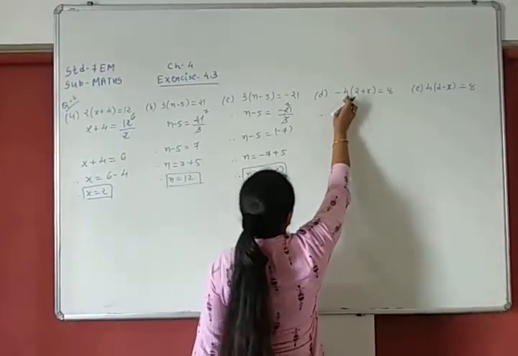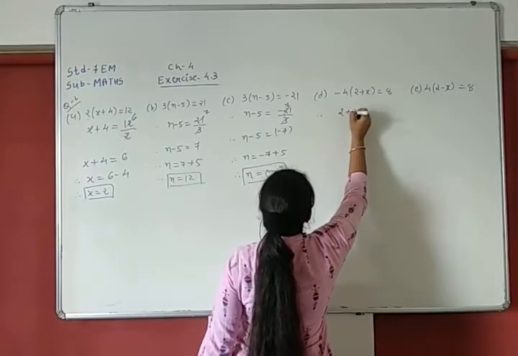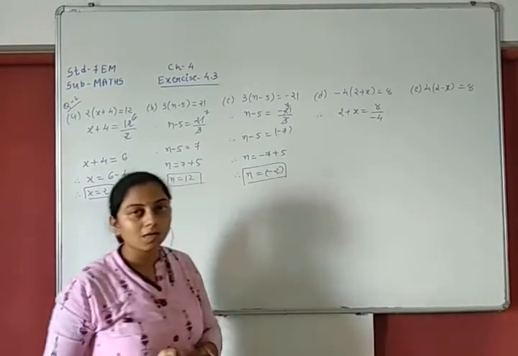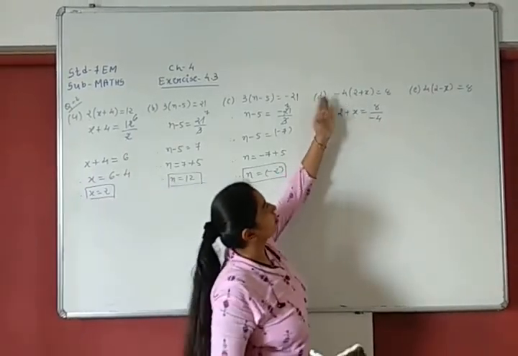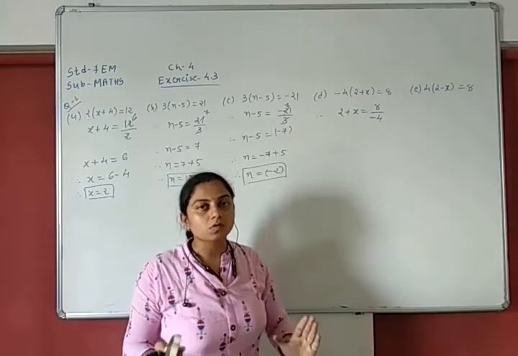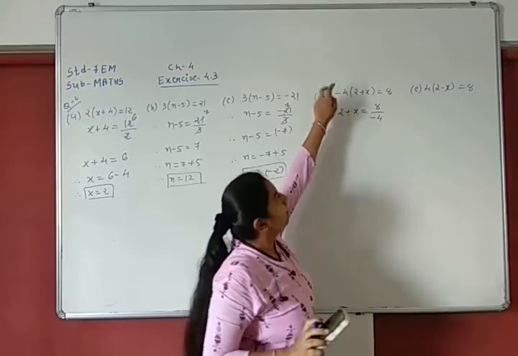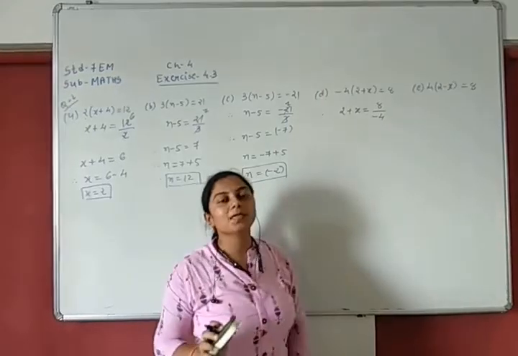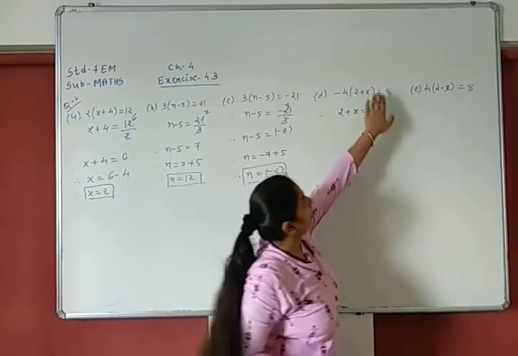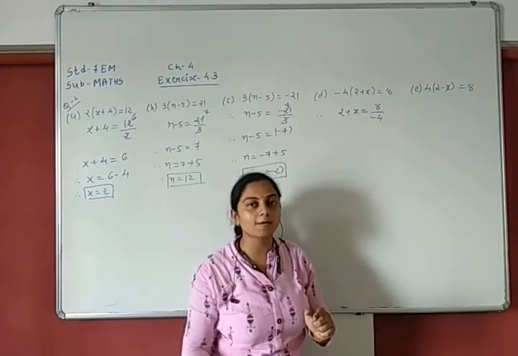Now go for D. Same procedure. Minus 4 will go this side in denominator. 2 plus x equals to 8 upon minus 4. હવે અહીંયા થોડાક લોકોને એવો ક્વેશ્ચન થાય કે આ minus 4 છે તો ઓલી બાજુ જાય તો plus 4 ન થઈ જાય. So answer is no. Why? Because આ minus 4 છે પણ x સાથે મલ્ટીપ્લિકેશનના રિલેશનમાં છે. We have to see the relation with variable. Variable સાથે -4 મલ્ટીપ્લિકેશનમાં છે, that's why it will go in denominator.